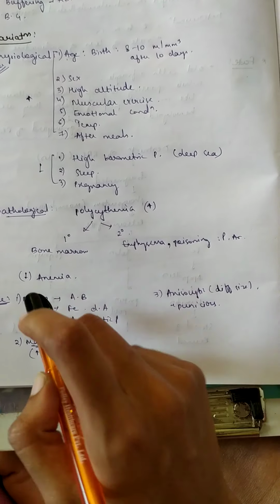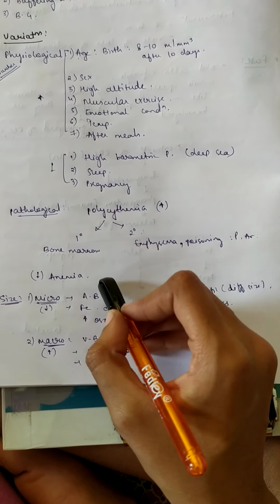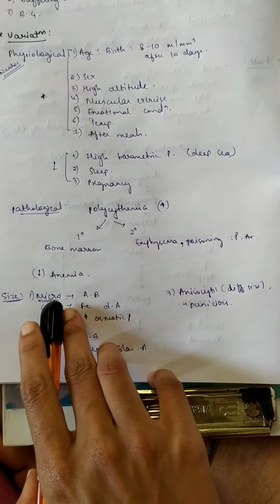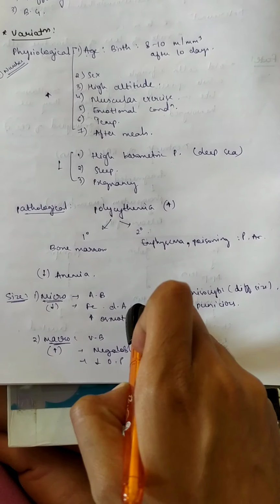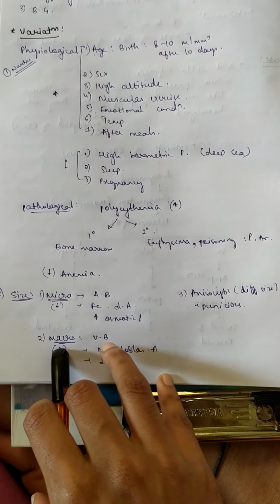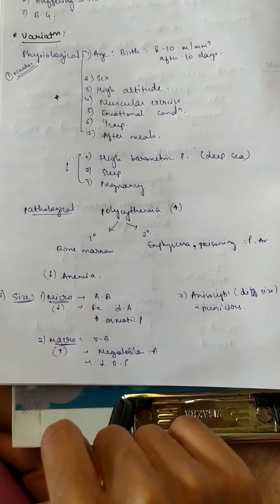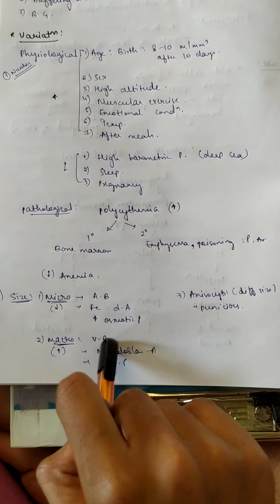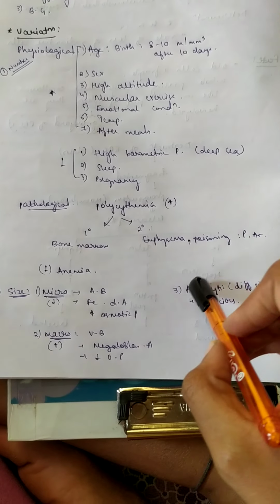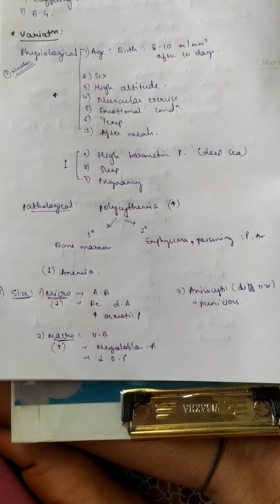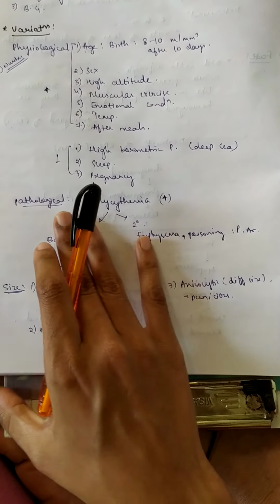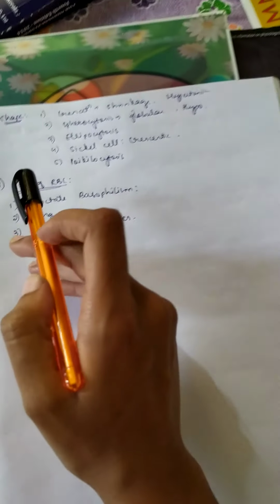Microcytic, that is, the size of the RBCs is less. Usually, physiologically, it is in arterial blood, and pathology is during iron deficiency anemia and increased osmotic pressure. Macrocytic, it is increased cell size. It is in venous blood, that is obviously physiological. Pathological is megaloblastic anemia or decreased osmotic pressure. Anisocytic is different sized cells present in the blood. Example, pernicious anemia.